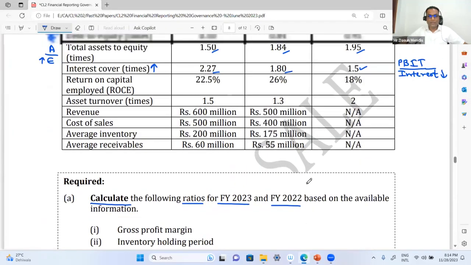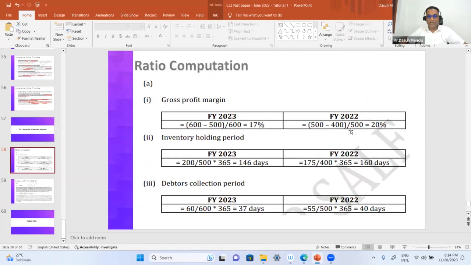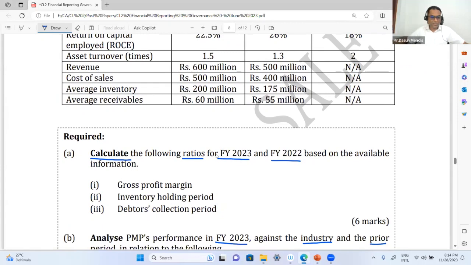Then what about the year 2022? Again, take gross profit. That is the difference between 500 and 400. Revenue minus cost of sales. Right? 500 minus 400. Divide that by the revenue figure, 500. So yet again, the numerator is 100. Divide by 500, 20%. Gross profit margin has come down. Comparing with the last year's 20%, it has come down to 17% in the current year. You have not been given the figures for the industry over here, right? You have not been given the numbers. Right, Roman number 1, first computation done.